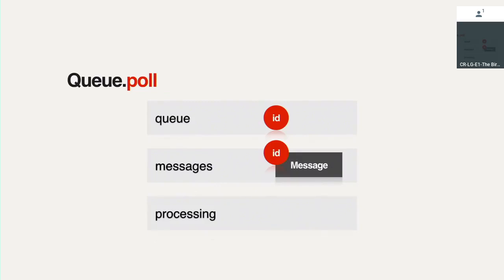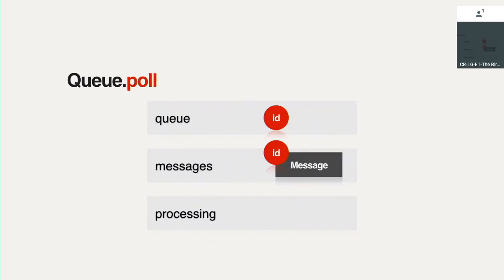Then we have a poll operation. This is reading off from the queue. This is happening at 10 millisecond intervals, I believe, on each Orca instance. So there's one thread dedicated to just reading this queue, and it takes a message and hands it off to a handler, which runs in a different thread from a thread pool. But there's this one thread dedicated on each active Orca instance that's just spinning and polling the queue all the